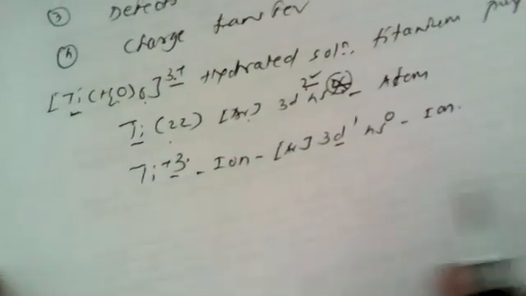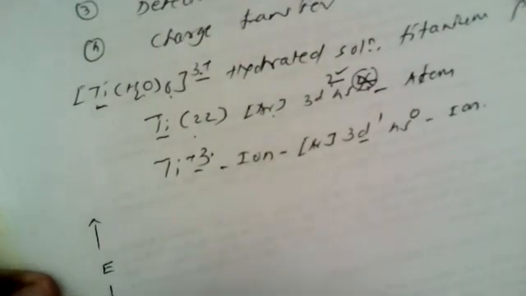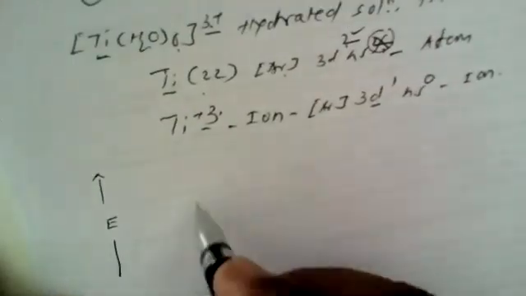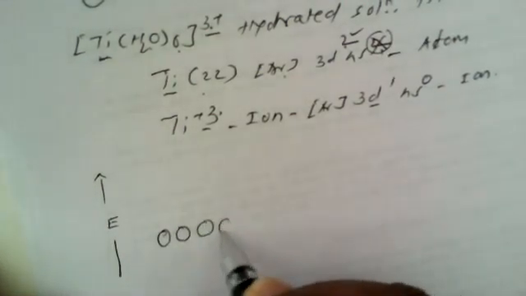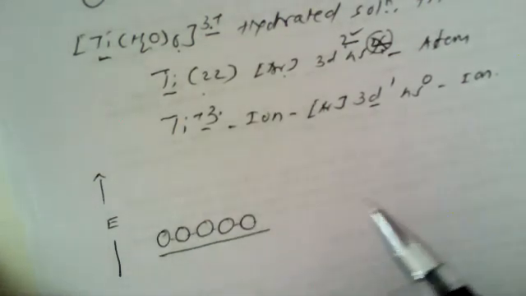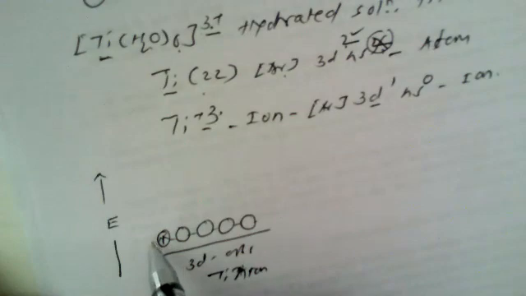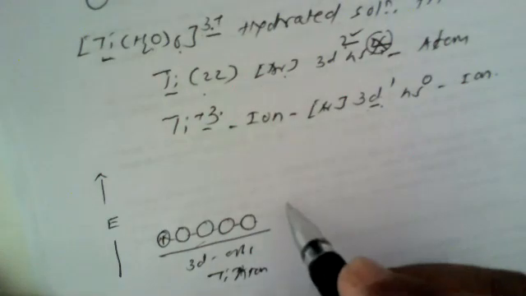Now, as we know, d orbitals are 5 in number. In simpler terms, I shall draw one diagram. This is increasing energy; energy increases from bottom to top. Here, dxy, dyz, dxz, dx square minus y square, and dz square. These are the 5 degenerate 3d orbitals of the titanium atom, containing only one electron. How is this? Because the 3d orbital of titanium contains only one electron.